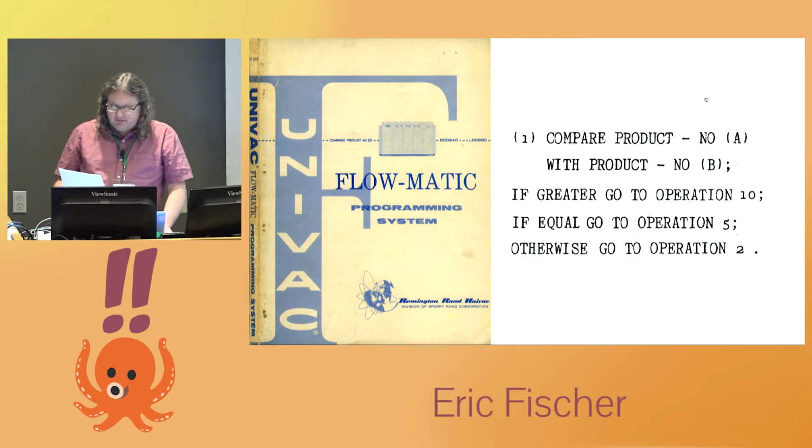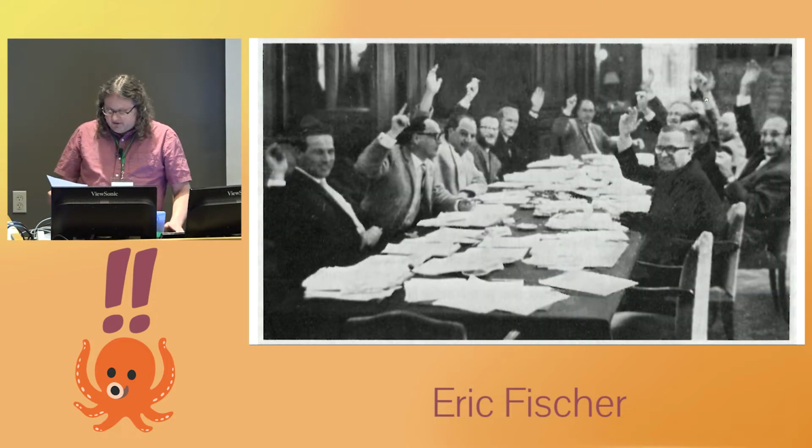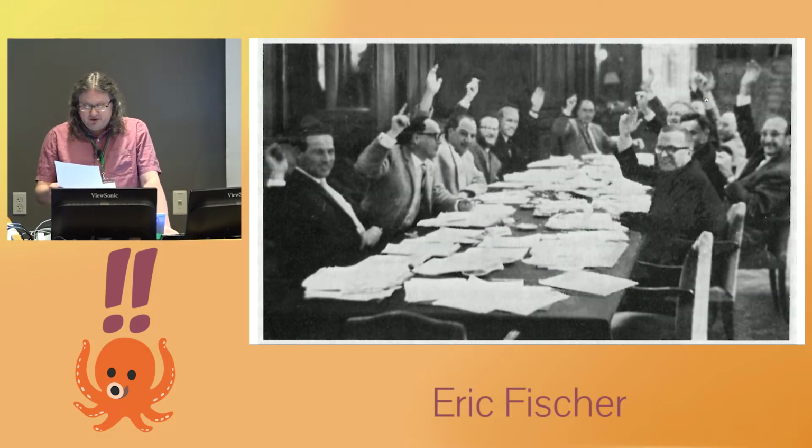Flowmatic, which was Grace Murray Hopper's predecessor to COBOL, made the three-way if a little easier to think about by talking about comparing two numbers rather than about the signs of numbers. And it also introduced the name otherwise for the case where the comparison wasn't what you were looking for, which is sort of heading in the direction of else. All of these programming languages were associated with one particular computer from one particular manufacturer.